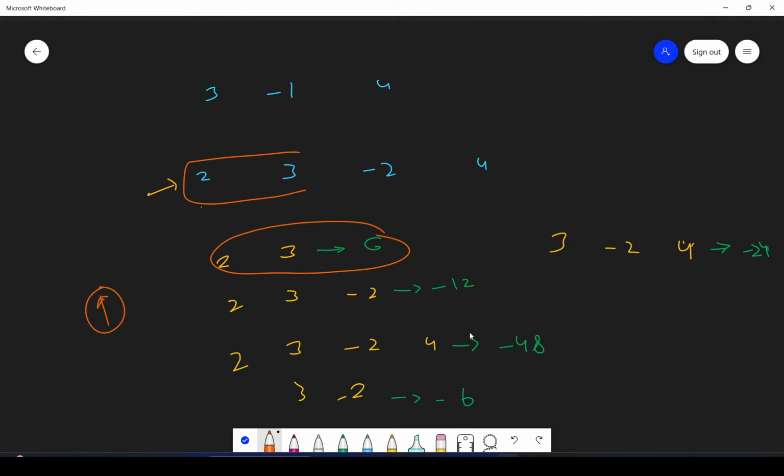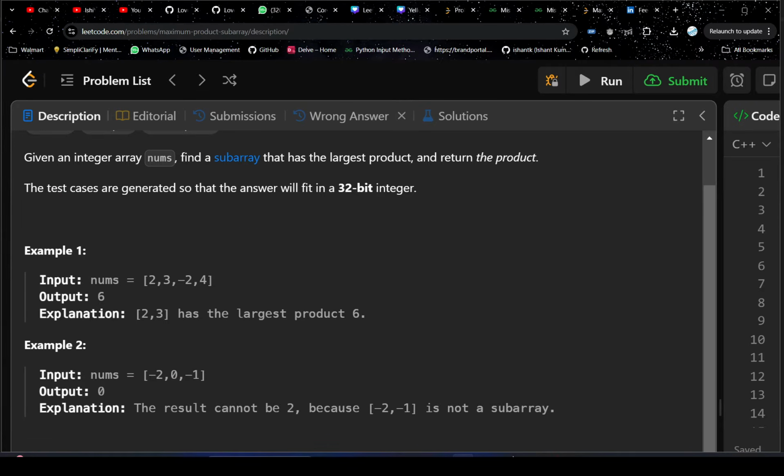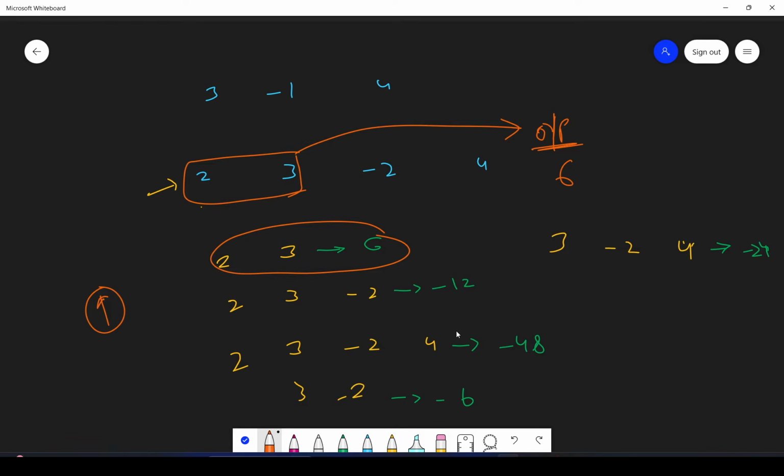So this is the maximum product subarray, and we have to return the product. So the output is 6, which is the product. I hope you understood what they are asking us in the problem.